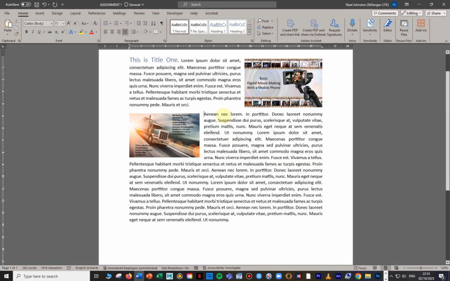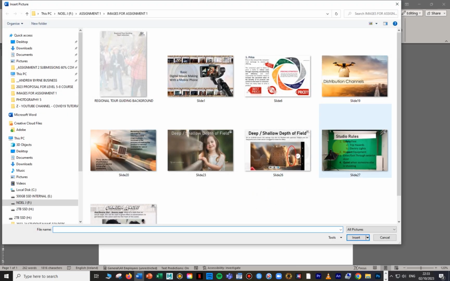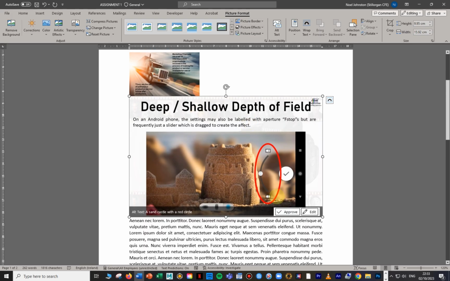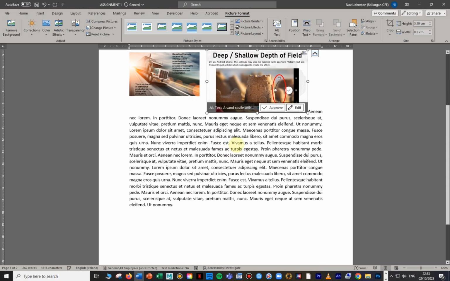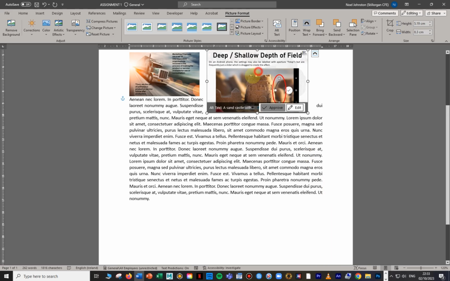Bring it up. So I'm going to put a third image in. Okay, so I go to insert, pictures, this device, and we'll choose this one on photography. It's depth and shallow field. Now by default it pushes everything down because it's basically locked, and it's a bit difficult when you bring it in. But we can just fix that very quickly. I'm going to just drag the size down to suit me. I'm going to right click and go wrap text and square again,